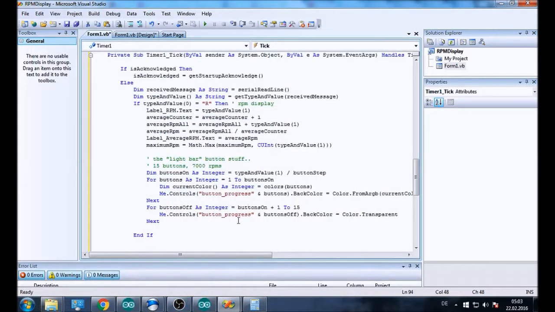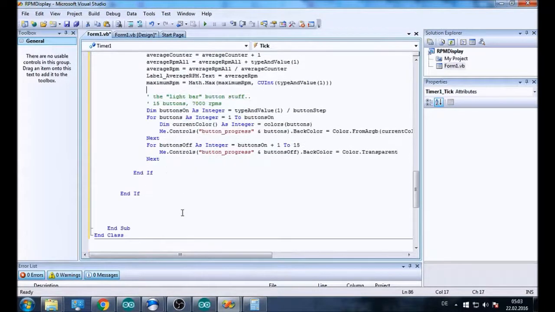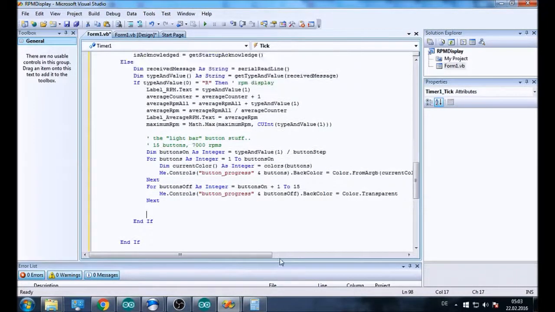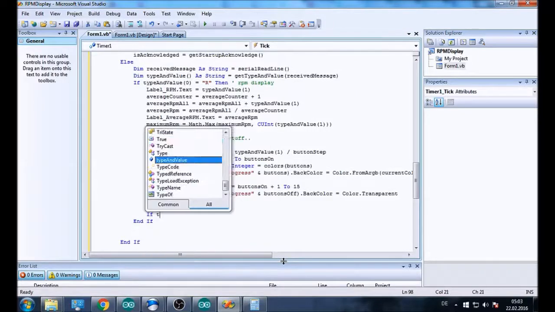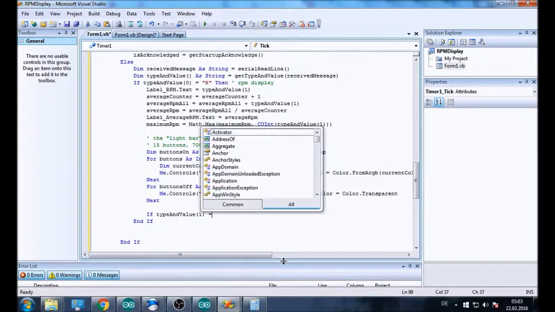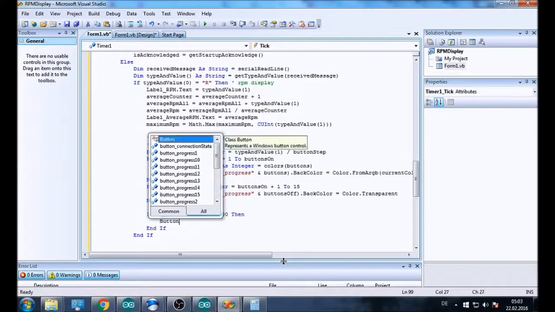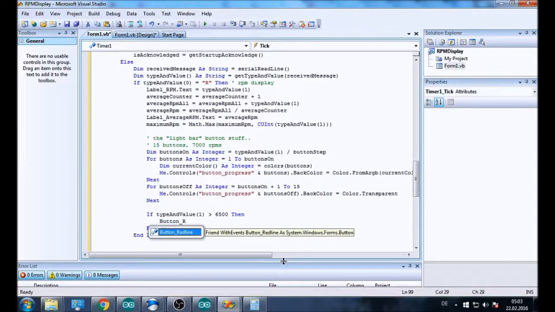So we're just going to make the red line button on at 6500 RPM. So if value 1... red line color